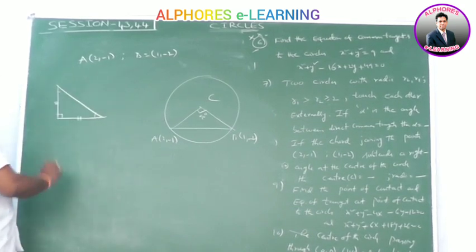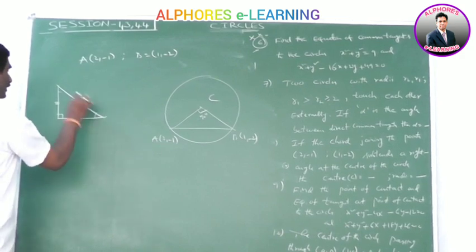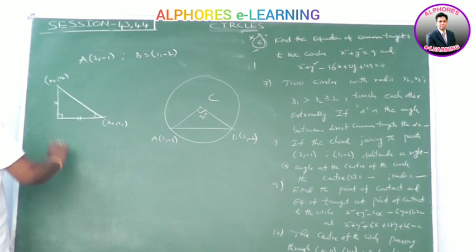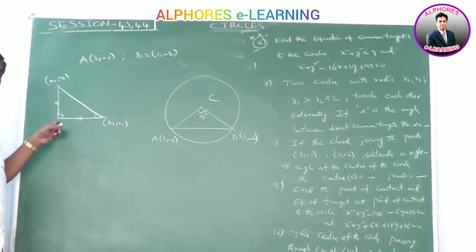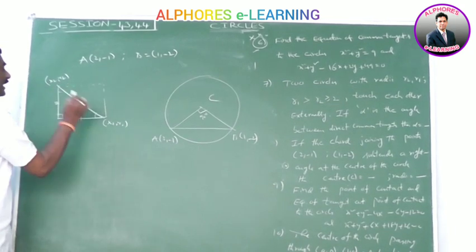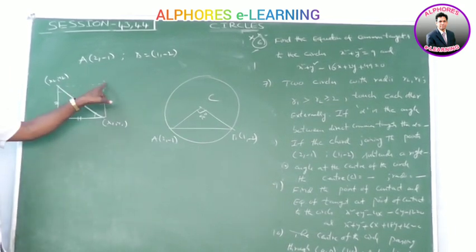And each angle is 45 degrees. Okay. Here x1, y1 and x2, y2 are the endpoints of the hypotenuse. Then what are the possible vertices of this right angle vertex? Here there are two possibilities. In this case also it is a right angle isosceles triangle. This vertex or this vertex.